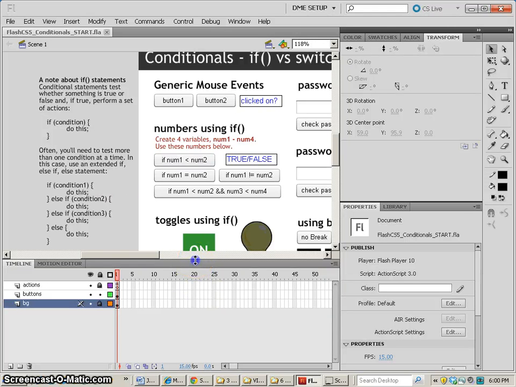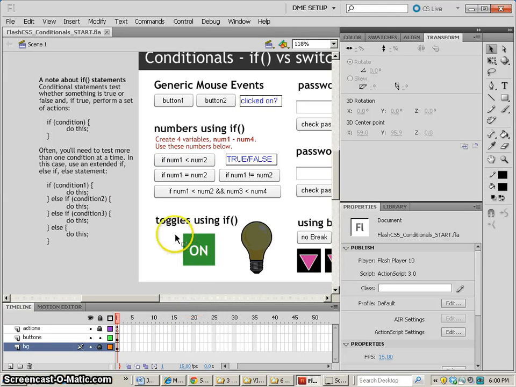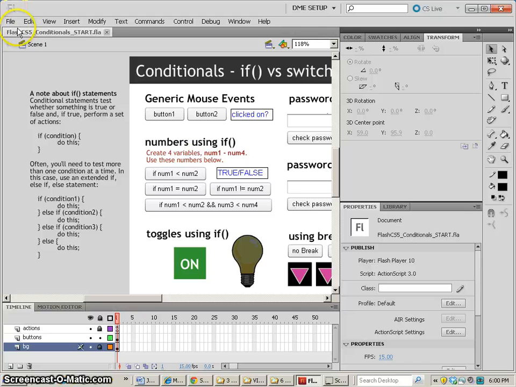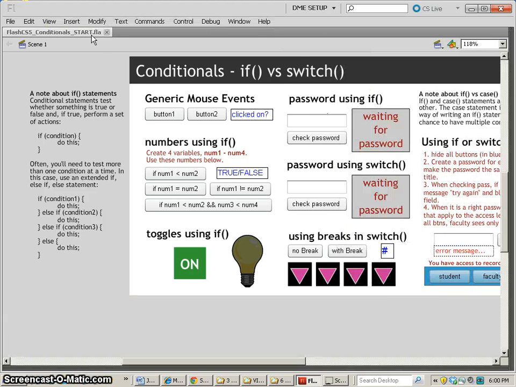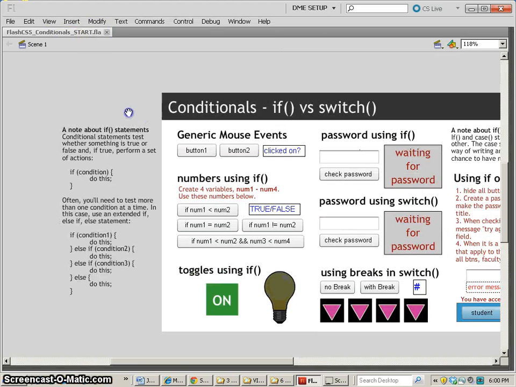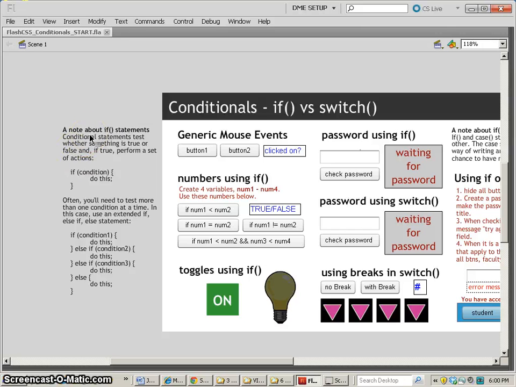In the following set of tutorials, we're going to take a look at using conditionals in Flash. So let's open up the Flash CS5 conditionals start file. And I do want to point out that there's a lot going on here. So we're going to press F4 so I can see everything here. But we're going to start off with if conditional statements, and then we're also going to go into switch conditional